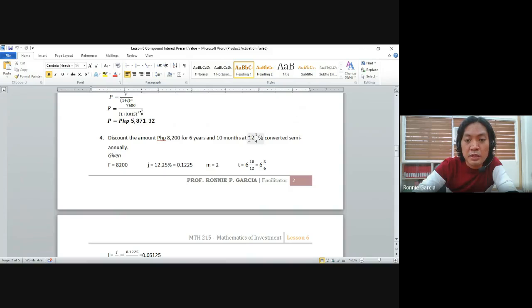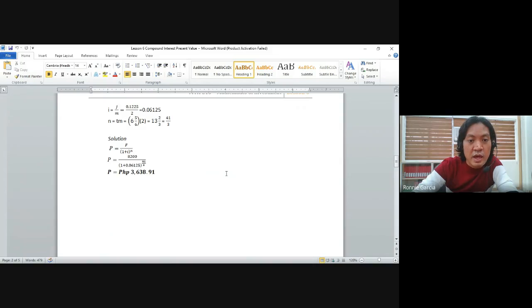And our nominal rate, 12 and 1/4%, is just equivalent to 12.25% since 1 divided by 4 is 0.25. Or you can transform it directly into a decimal by moving 2 places to the left. You have 0.1225. Converted semi-annually means that our m is 2. Using the same formula for P, we have F divided by 1 plus i, and this quantity will be raised to the power of n. We must also solve for our i from our given j and m. The quotient of the two is equal to